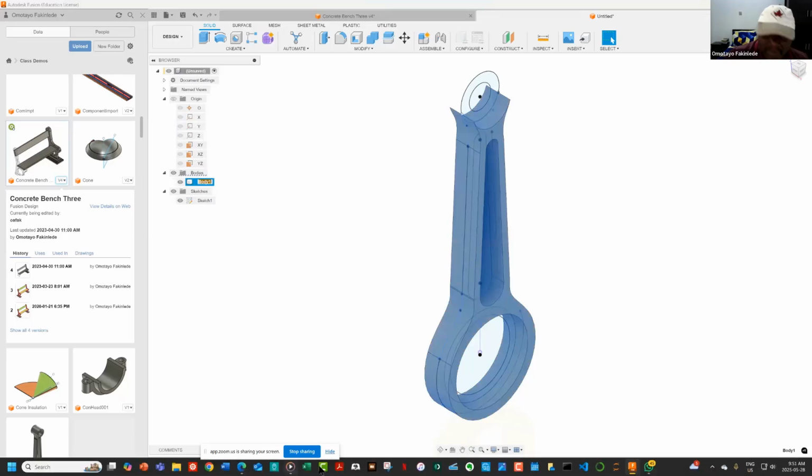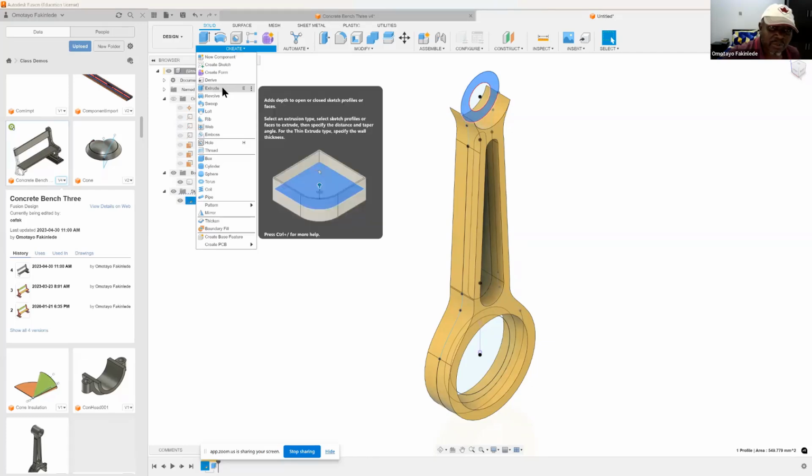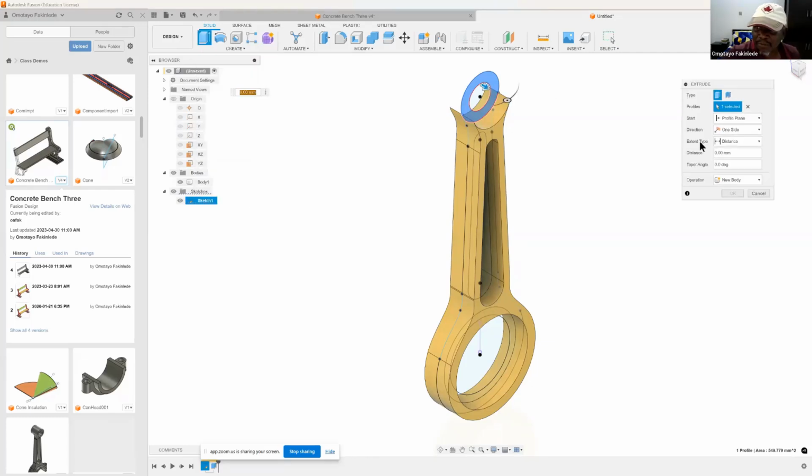My computer is. Let me leave it for now, but I will do the correction later on. So let us take the top pin. The top pin, I can decide to extrude it again, create extrusion, and the extrusion, again as before, I'm doing